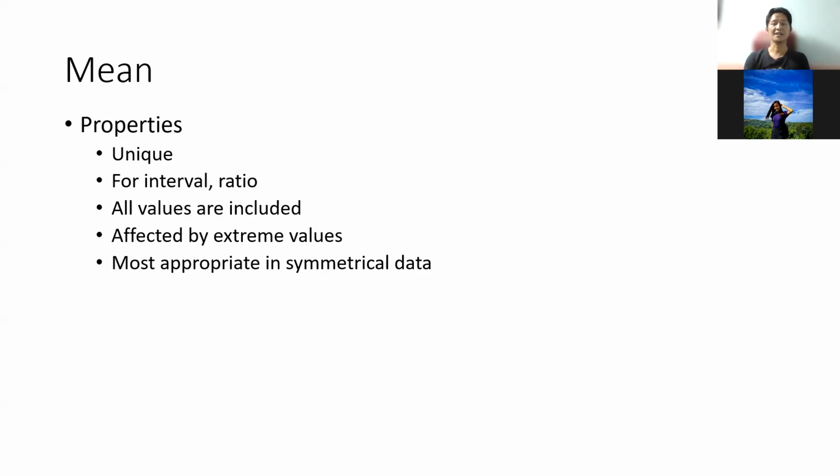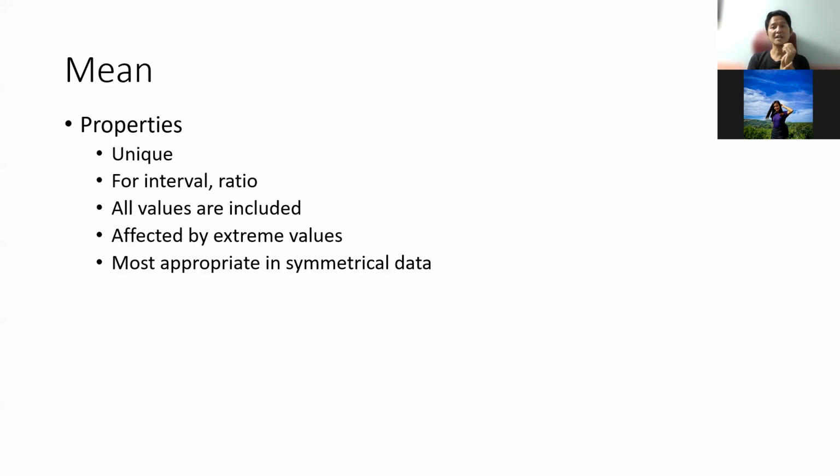And when we take the mean, we use all the values. In other words, when we compute the average, we use all the data that we have, unlike the others. But it is extremely affected by extreme values. So when there are very small or very large values, since when taking the average you just add, a small value can pull down the mean, and a large value can pull it up.